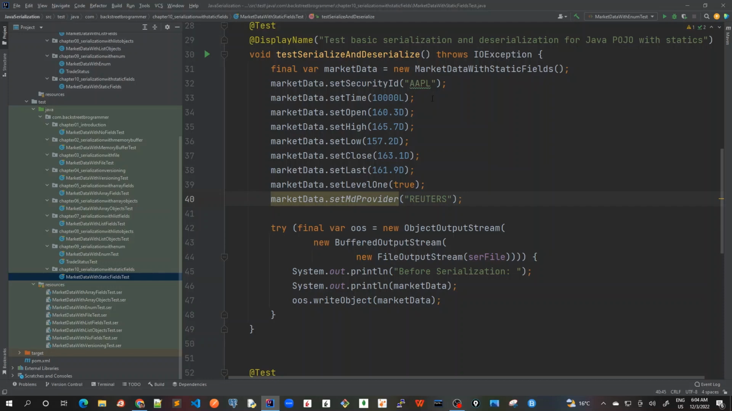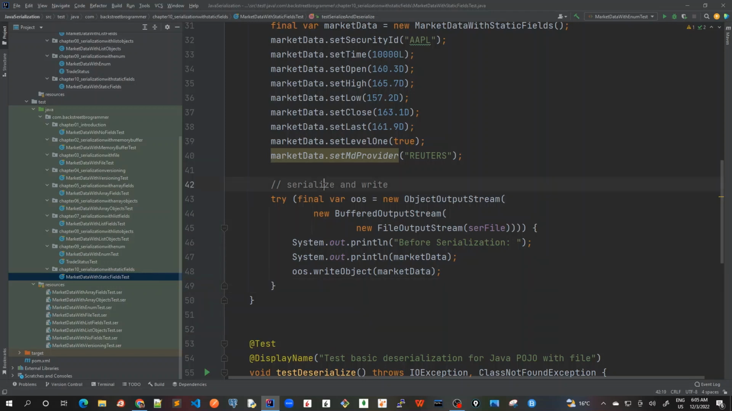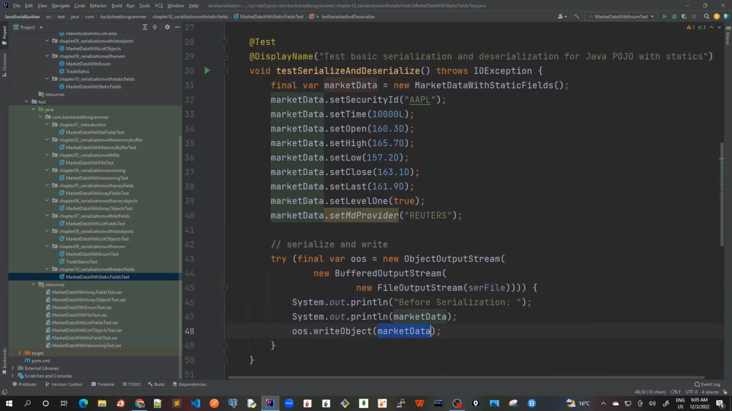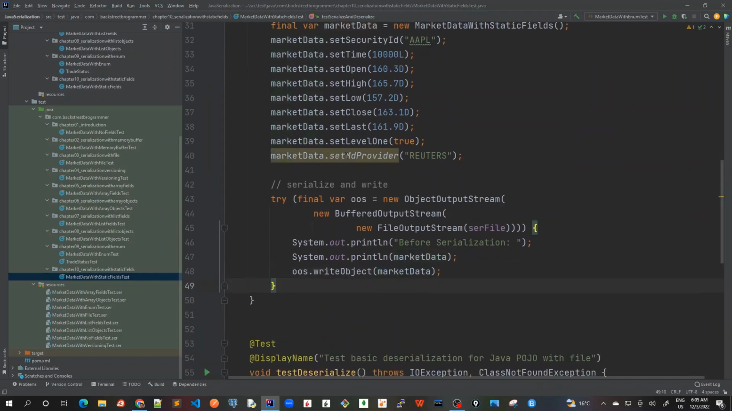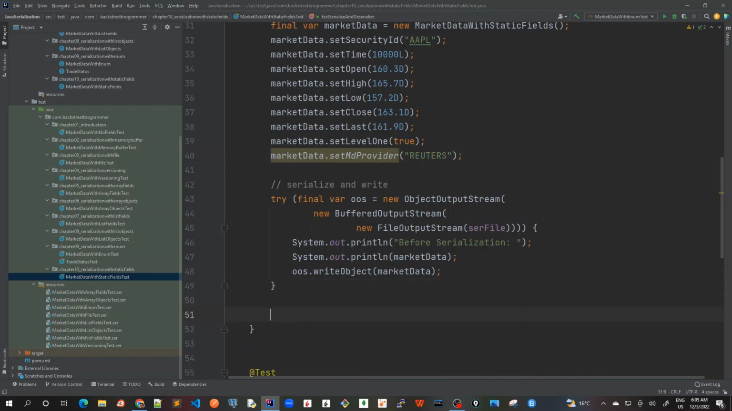Now let me deserialize in the same JVM run. So I've serialized and written this market data object to the file. And we have also set the MD provider as the static field as Reuters, for example. But as we have learned in our theoretical part, this would not be stored because it's a static variable. So let's assert it. So once I deserialize